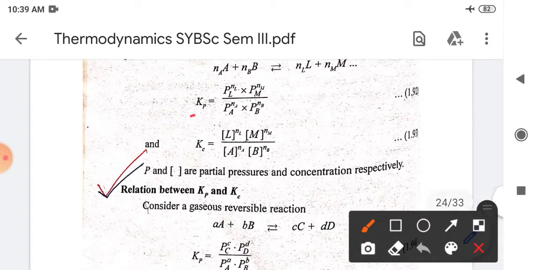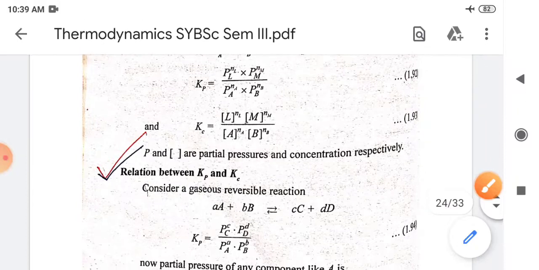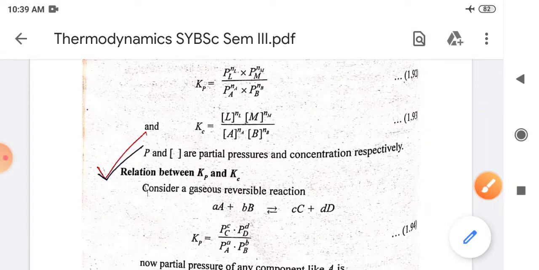But what about this Kp and Kc or rate constant k? Do they have the same value? No, but still we call it a constant. So keep in mind that these are constants which are variable, so we just call them constants for our convenience, but they are actually not constant values. This rate constant depends upon time, it depends upon the temperature, as well as the concentration of reactant.